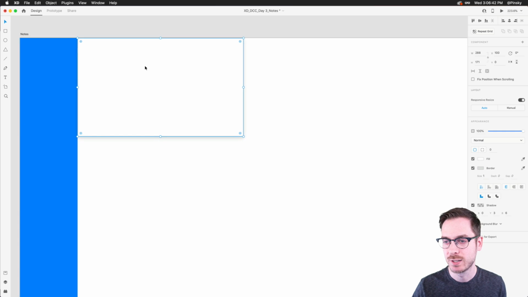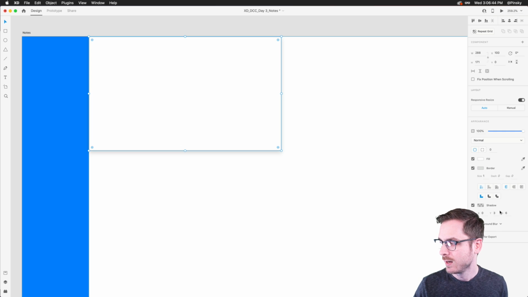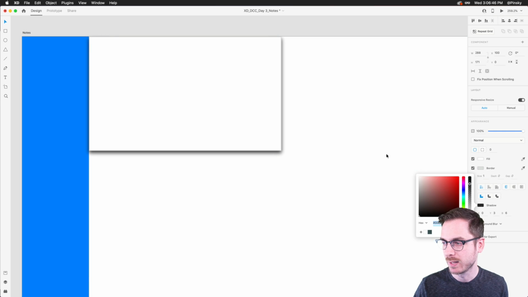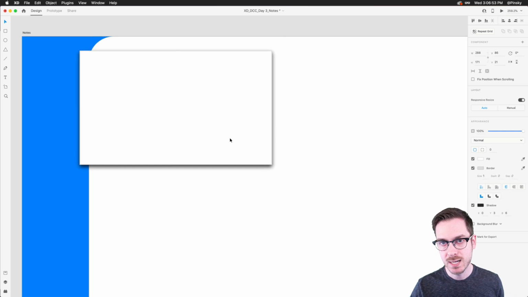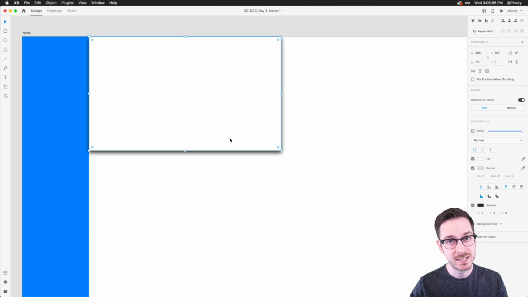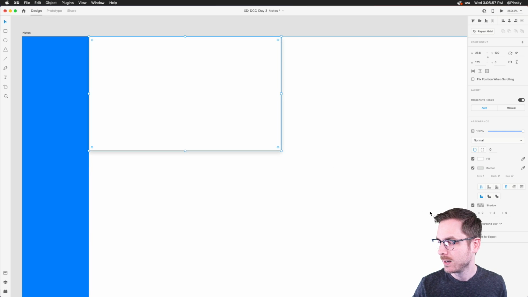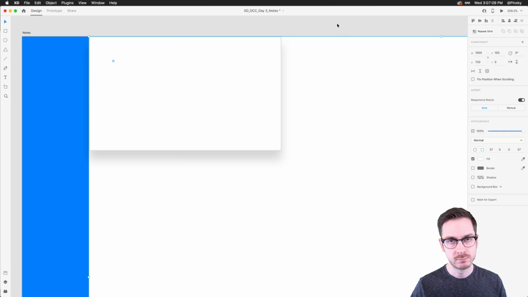So in terms of shadows, let's zoom in here so we can really see what we're working with. A lot of people do something like this. Don't do that. Obviously, the reason for a shadow is to separate this element here from the background. And sure, this does that, but it's very sore on the eyes. So what you want to do is be very subtle with it. You want to bump up the blur quite a bit. You can even bump up the Y value, so you can kind of push it away. And very subtle, it still separates it from the background, especially if you have a little bit of a border.